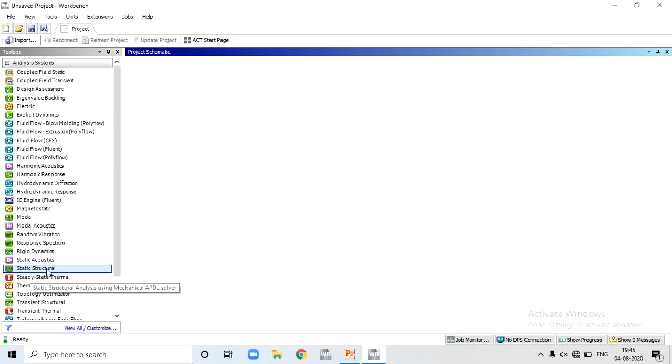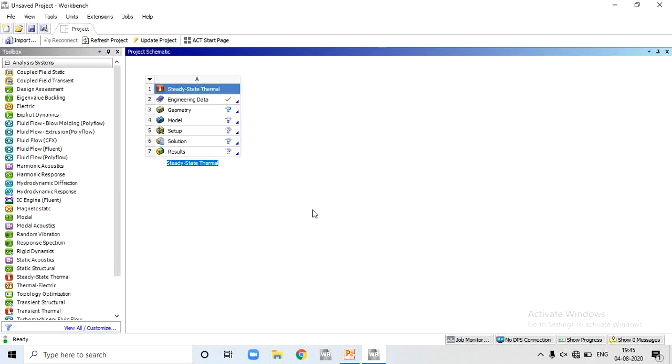So I am directly jumping to the basic point. First we will do thermal analysis of the cylindrical rod, and after that we apply structural conditions, and lastly we'll get the equivalent stresses and deformation of the rod. Just double click on it, then a steady state thermal window will appear, A for steady state, and after that we will again double click and couple that structure with thermal. So first we completely solve this problem using thermal condition.